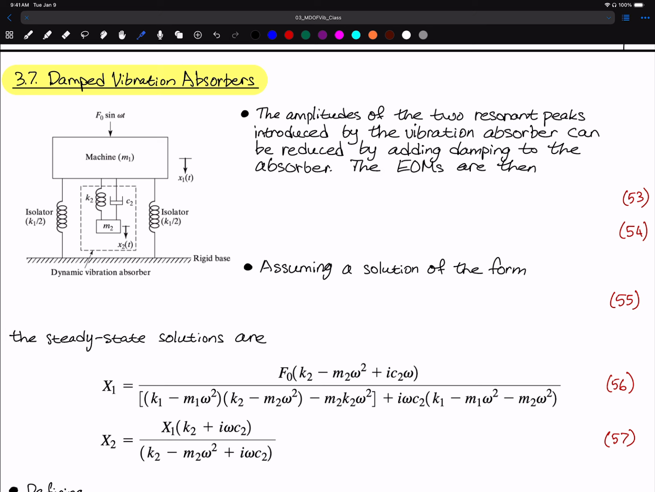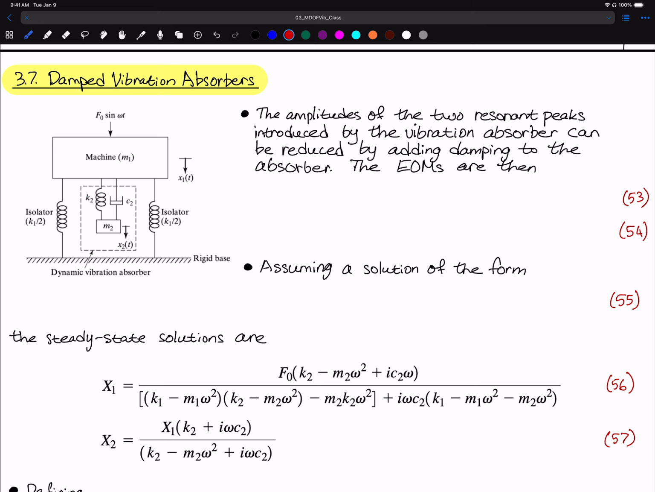So in this case, we're now considering a machine that has a dynamic vibration absorber installed with it that now has both stiffness and damping. I just circled the damping on the screen. We now want to understand the effect of damping on the 2 resonant peaks that are introduced by the vibration absorber. Before, we went from 1 resonance peak to suddenly 2 resonant peaks, and both of them without damping are infinite. So now we're going to look at how we can reduce those amplitudes by adding